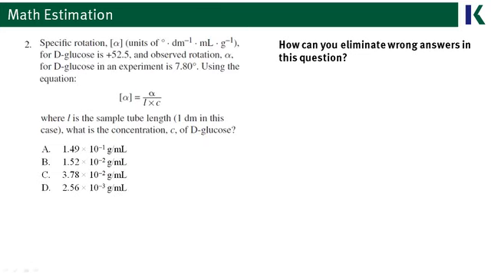Let's go ahead and move on to question 2. In this case, the mantissas are a little bit closer to each other. We have that 149 and we have the 152. So that's going to be a little trickier to distinguish, but we are trying to figure out what makes each answer choice unique. And looking at our answer choices, the exponents are somewhat unique here.